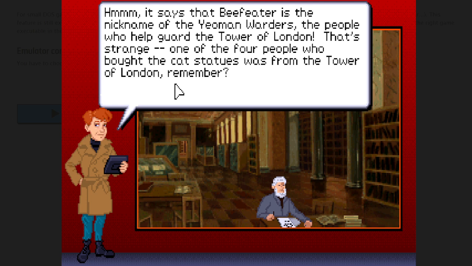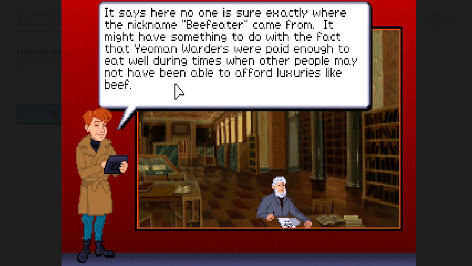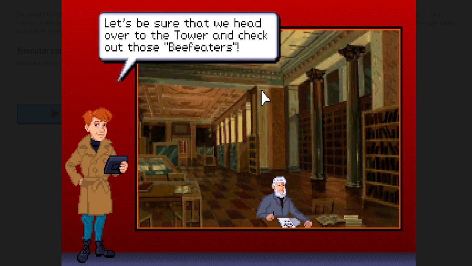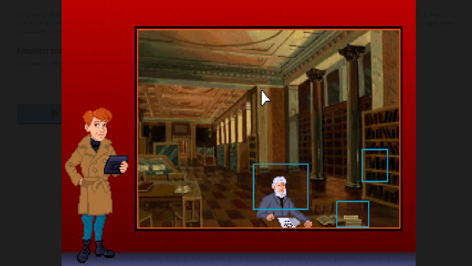One of the 4 people who bought the cat statues was from the Tower of London, remember? It says here no one is sure exactly where the nickname Beefeater came from. It might have something to do with the fact that yeoman warders were paid enough to eat well during times when other people may not have been able to afford luxuries like beef. Let's be sure that we head over to the tower and check out those beefeaters.